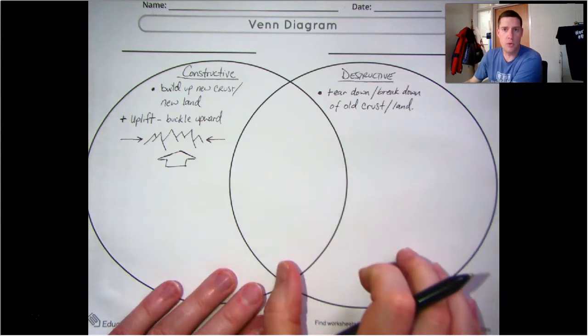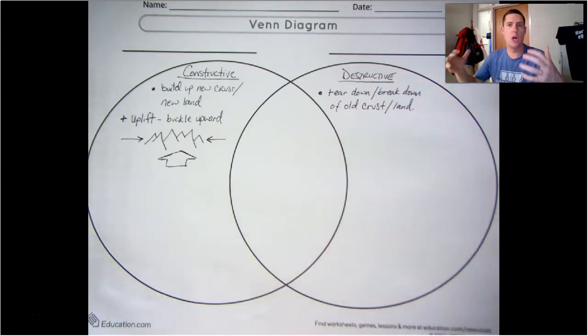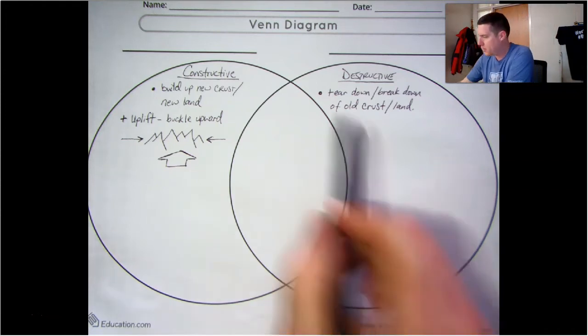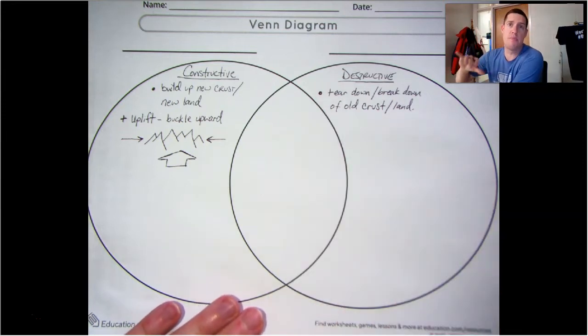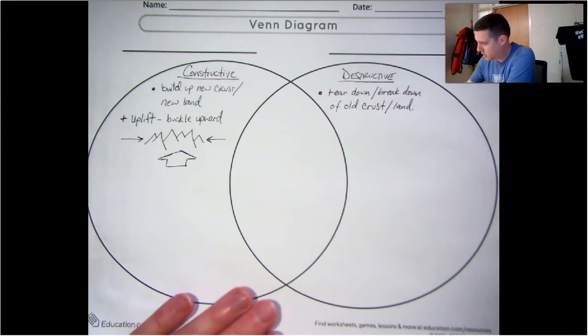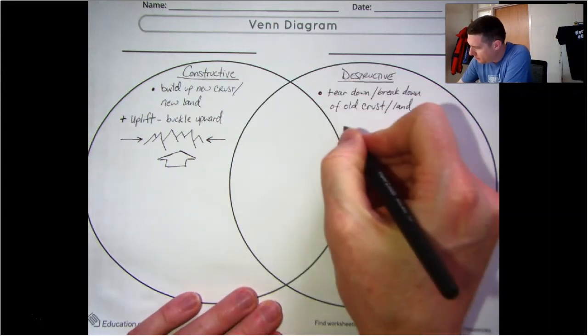So crust or landforms that were already there are being torn down, worn down, crushed, or remelted back into the earth. That type of thing. So if existing crust is being torn down, broken down, those types of things. Now typically,